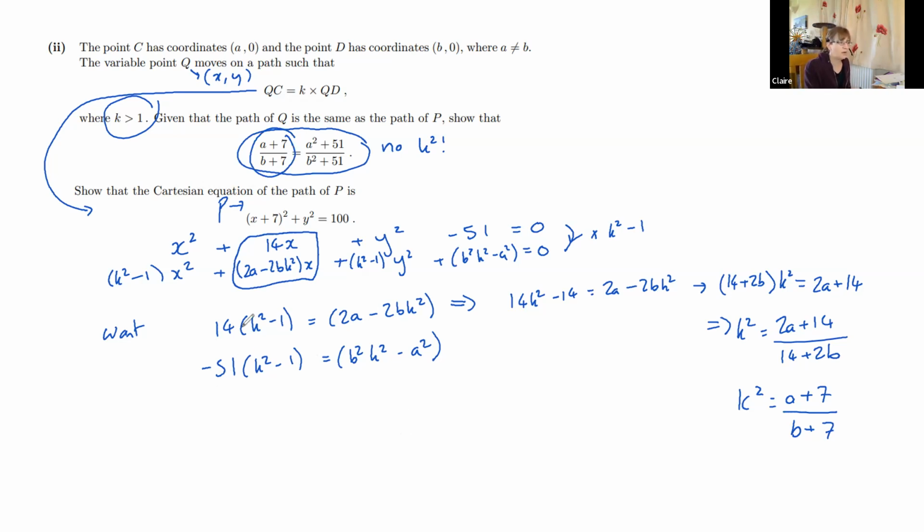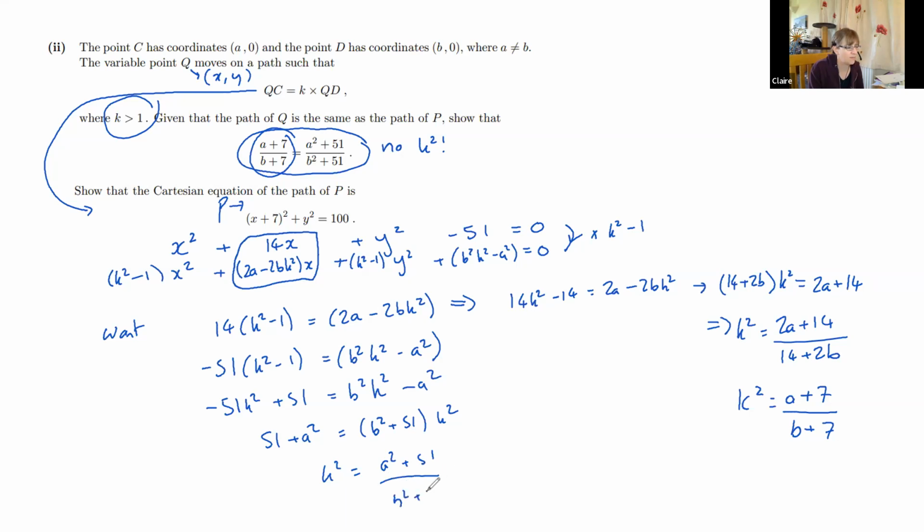And looking at this equation, I've got a 51 in there. So that also makes me feel quite confident. So taking this equation, I get minus 51k squared plus 51 equals b squared k squared minus a squared. So 51 plus a squared equals b squared plus 51 k squared. So k squared is a squared plus 51 over b squared plus 51. And then if both of these are true, I've got two different forms of k squared. I can say, therefore, a plus 7 over b plus 7 equals a squared plus 51 over b squared plus 51,